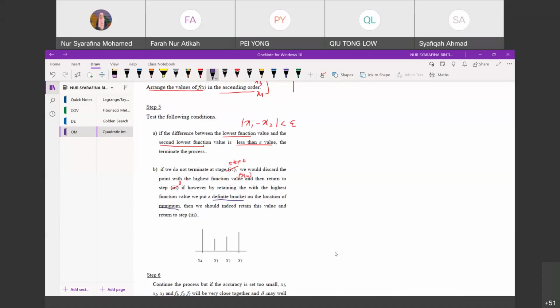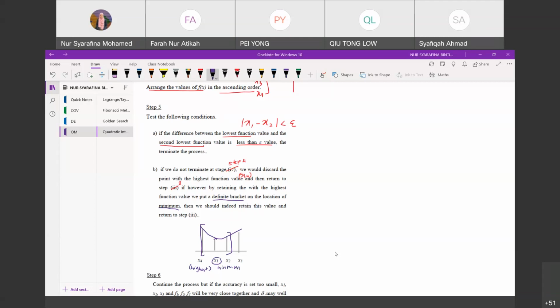All right, let's say x4 here is the highest, right? Previously you know that we need to discard the highest function value, but now we don't want to discard the highest function. What we can do is put the definite bracket on the location. So as you can see here, you know that the minimum is here, right? So in terms of the minimum point, this is the bracket that you should consider, even though we need to discard x4. But if you want to retain x4, you need to put the definite bracket in the location of the minimum, where the minimum is